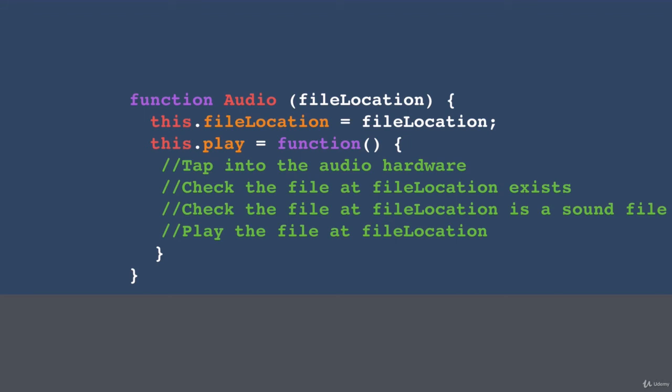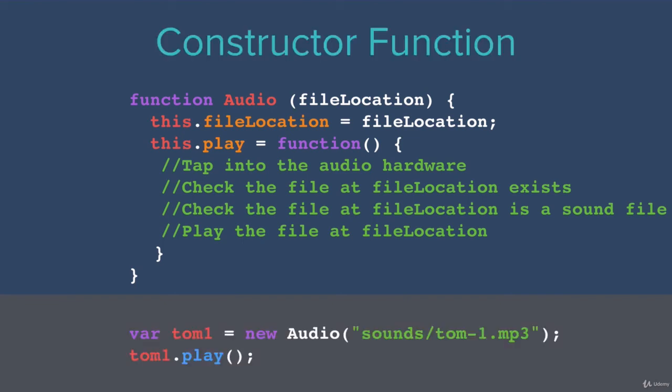And then this constructor function also has an associated method called play. And this play function does a number of things. For example, it might tap into the audio hardware of the computer. It might check whether the file at the file location specified exists. It might check that the file is actually a sound file. And then it might try and play that file at that location. And all we had to do was to use that constructor audio to create a new audio object specifying the location of our audio file. Then we simply called the method that was associated with that new audio object